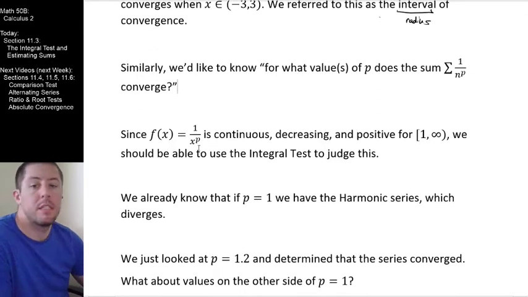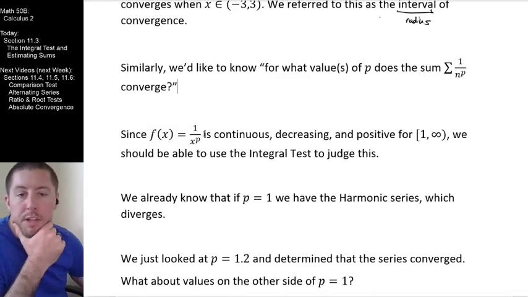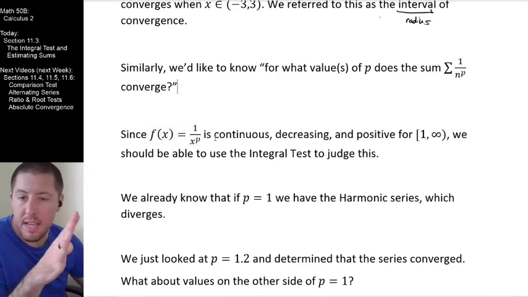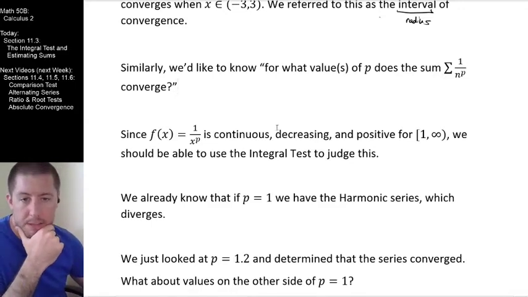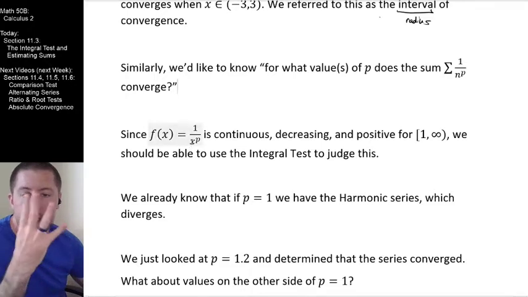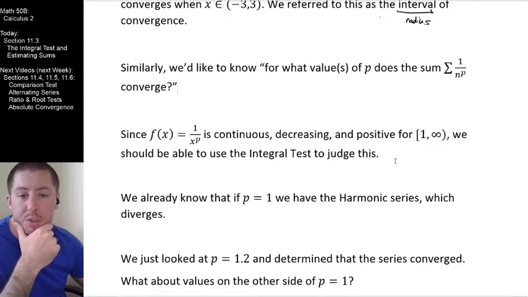So since this 1 over x to the p function is continuous, as long as x is not equal to 0, but we're only interested in positive integer values of x, we know that it's decreasing because as x gets bigger and bigger, this is going to get smaller and smaller. And it's positive on the interval from 1 to infinity, so we should be able to use the integral test